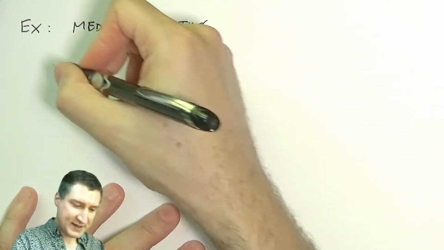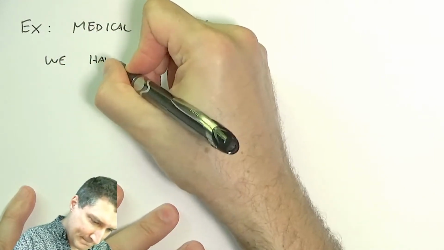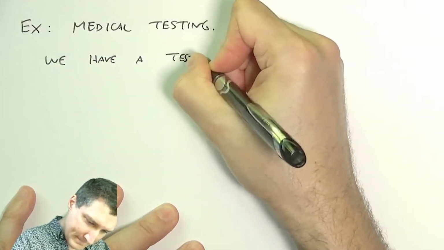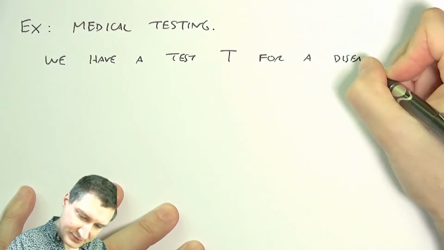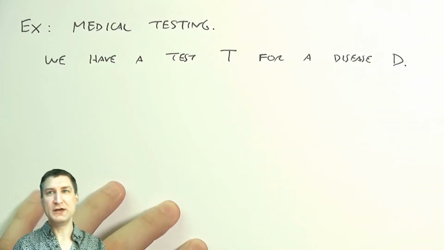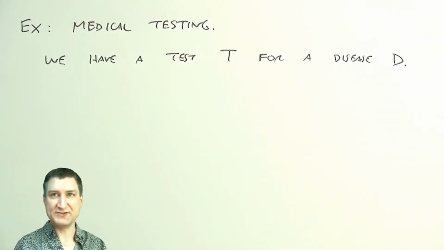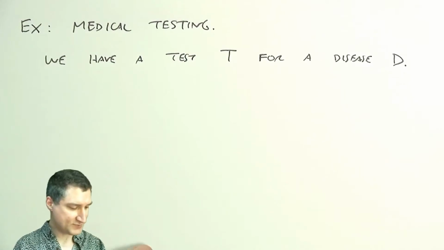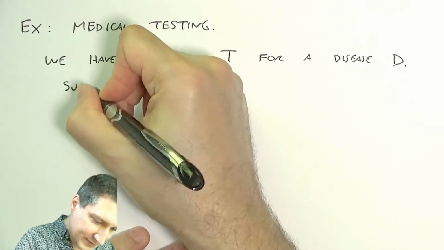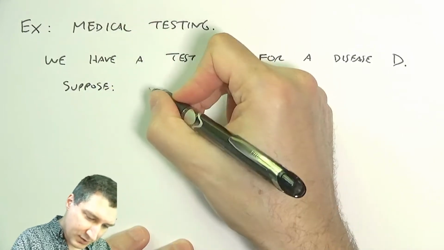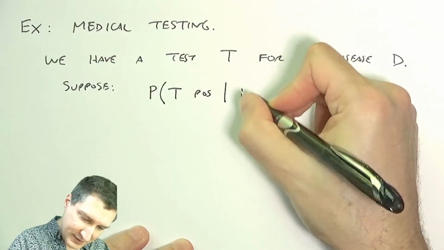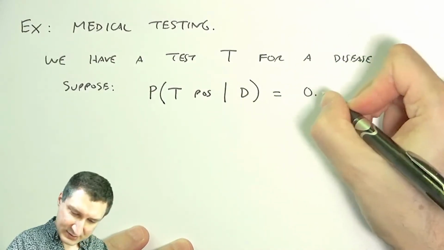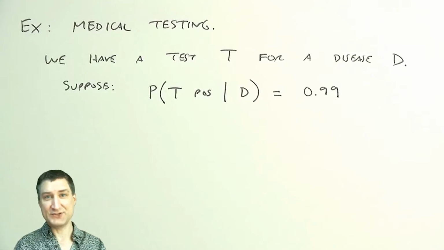So suppose we have a test for an underlying condition or disease D. The test manufacturer has to provide some sort of statistics about how well this test performs. So suppose this is what we came back with. The probability that the test is positive, given that the patient has the disease, is 0.99, right? So that's great. That means that if you have the disease, the test is very likely to show up